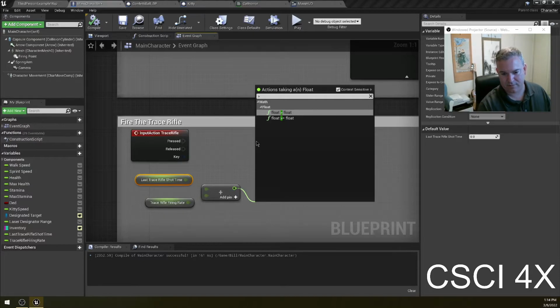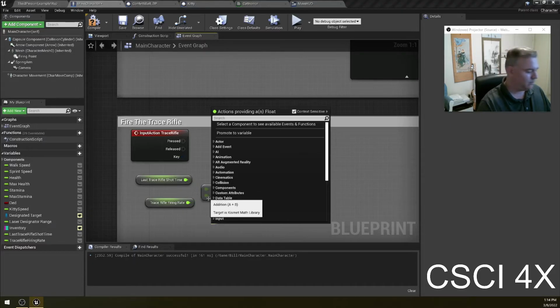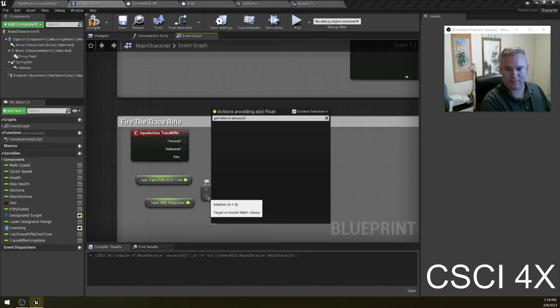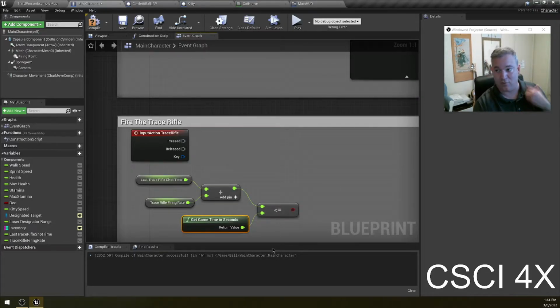If it's less than, it actually doesn't matter. You can make it work either way. And this one will be get time in seconds. Okay. So if the current time in seconds is greater than 13 or whatever we've calculated, then it's okay to fire. So we'll do a branch,